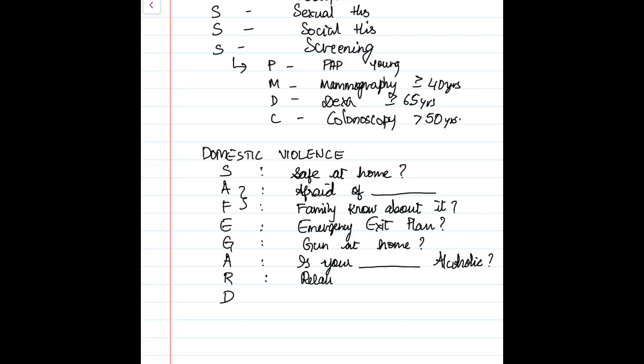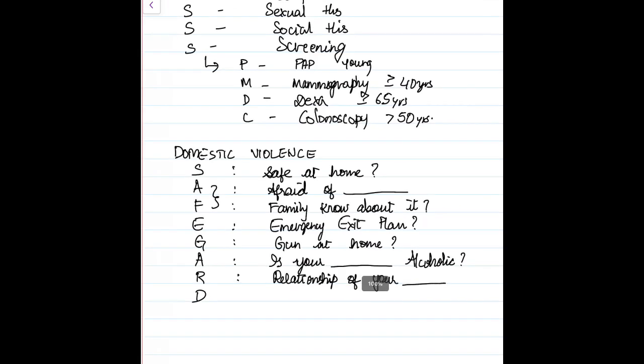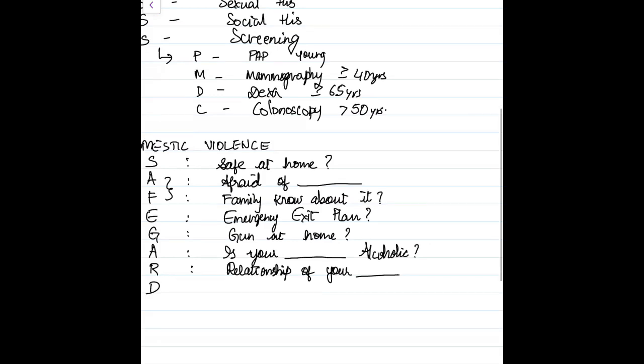Relationship of the person whom you suspect is abusing your patient with others. And the last one, D: do you feel depressed? Okay,